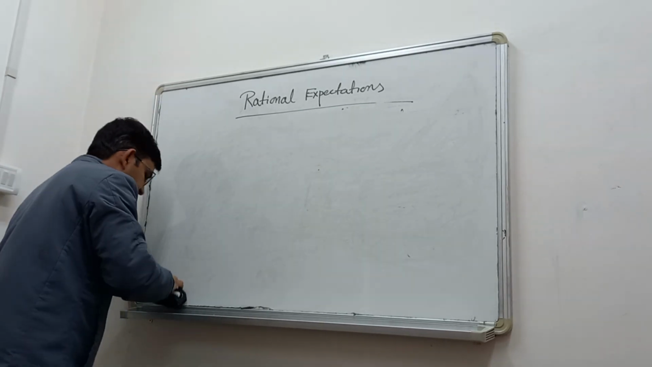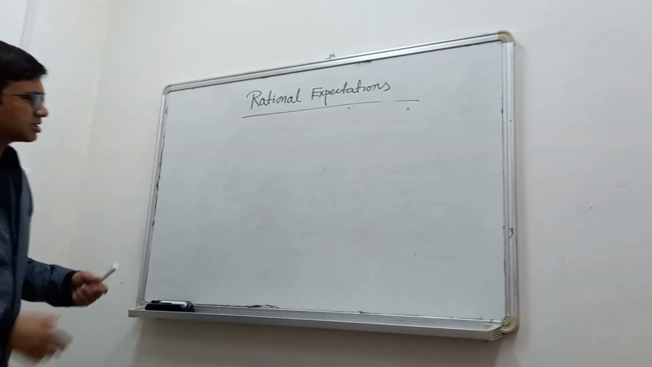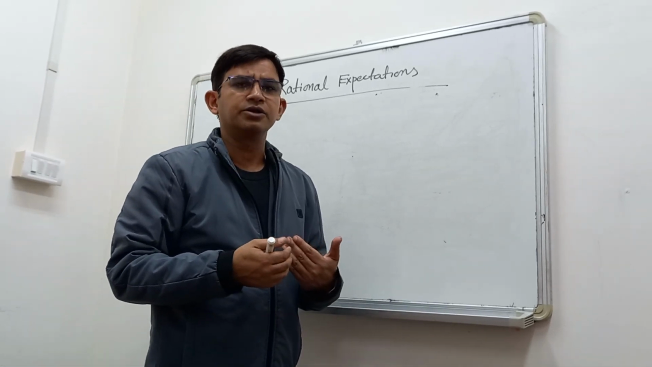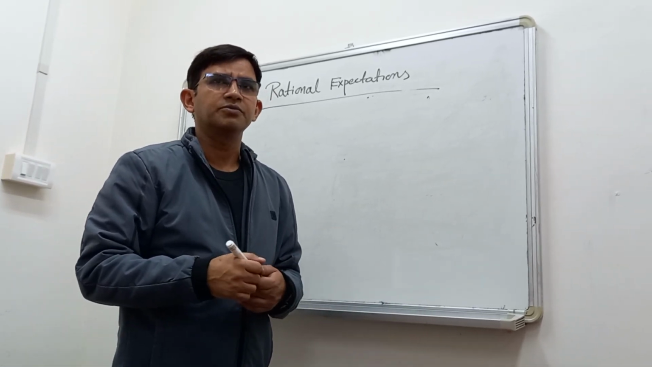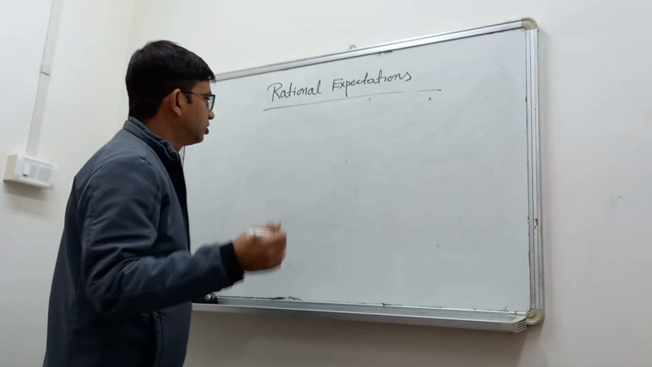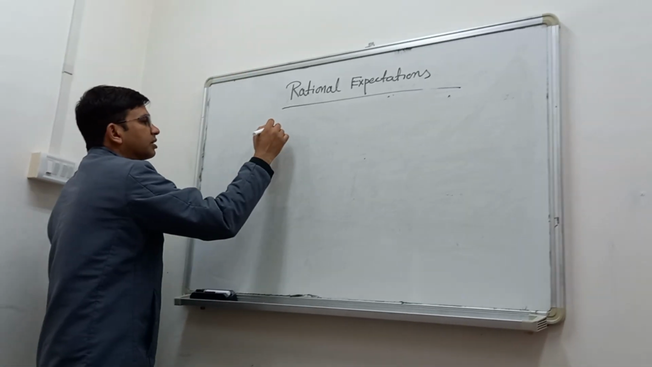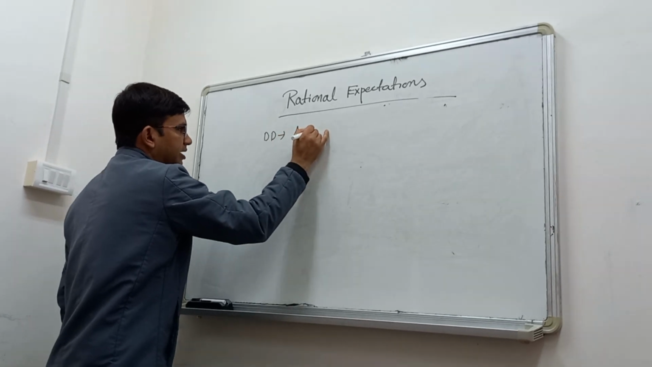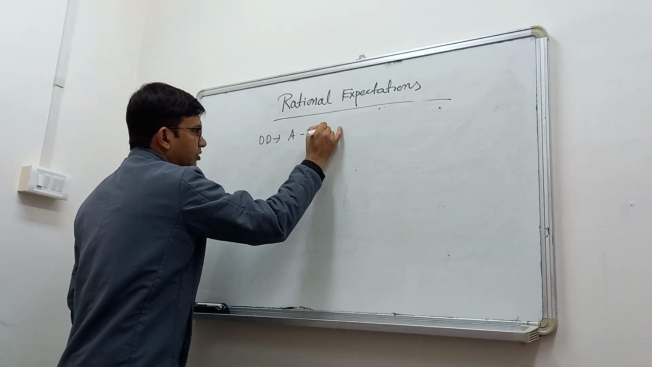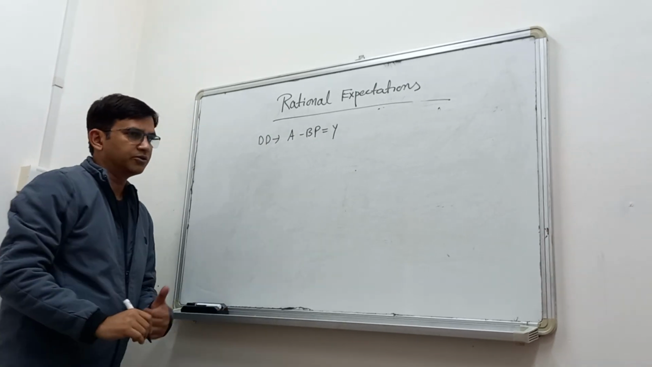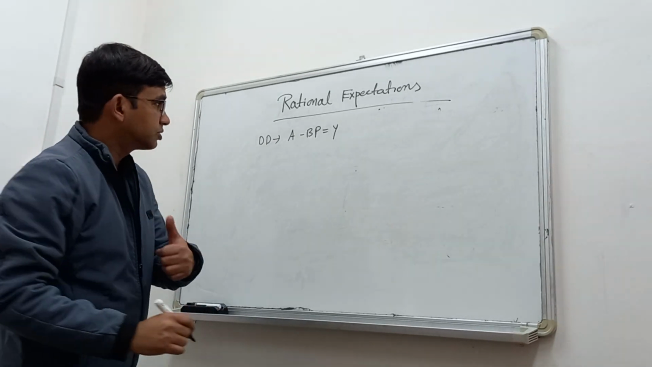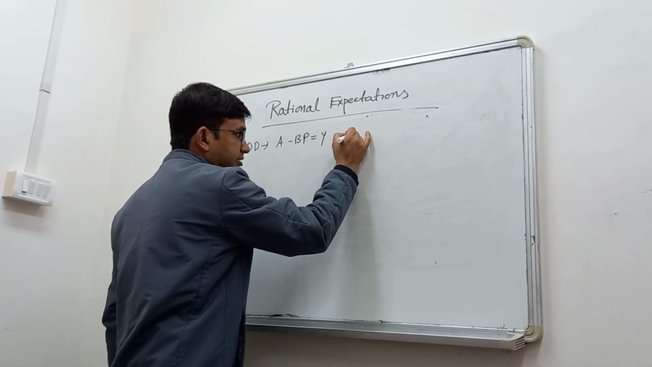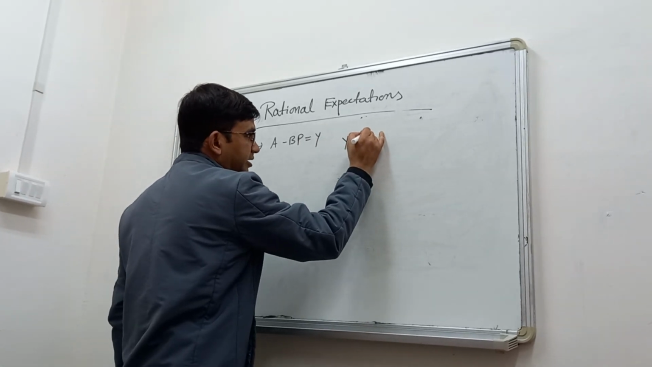So let us consider a negative supply shock, just like an oil price hike or any kind of warfare, this type of negative supply shock. The demand function is given as usual, a minus bP equals y, as given in equation 1. Now equation 2, the aggregate supply function or short run aggregate supply function, we'll write it in this way: